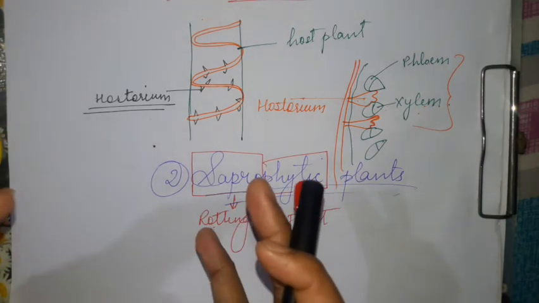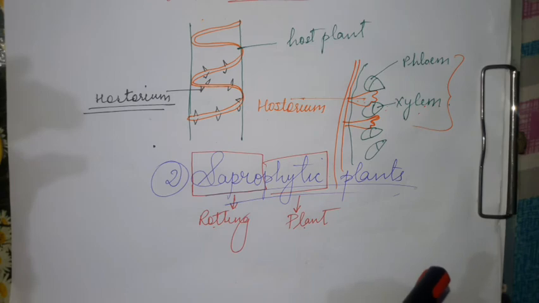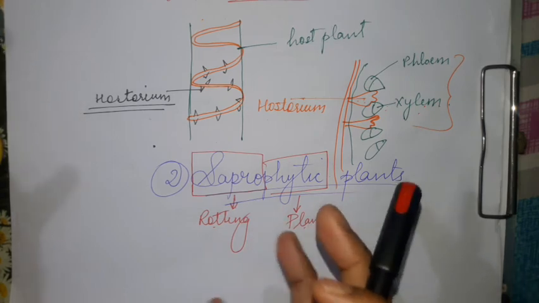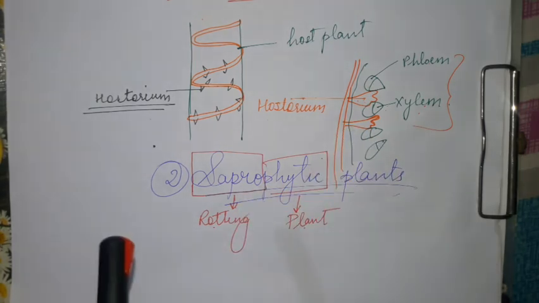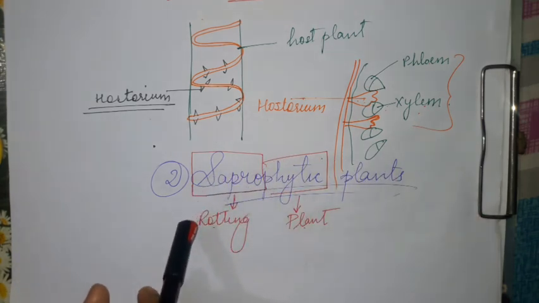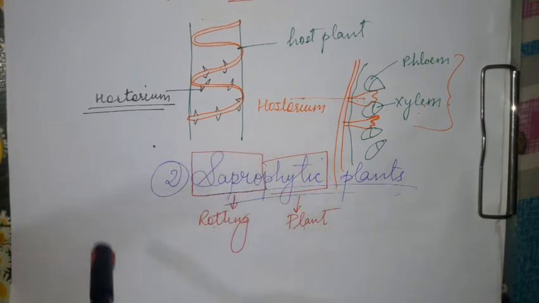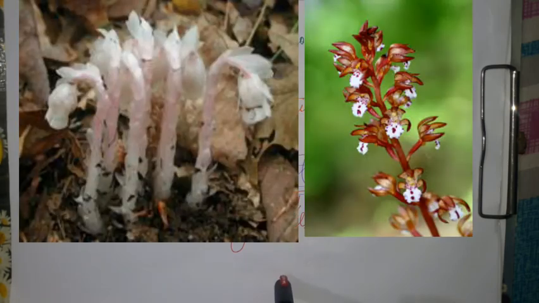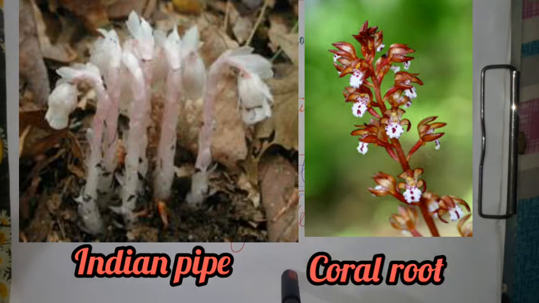Their colors are very beautiful, white, or sometimes very bright colors. These plants often have no leaves at all. Other than that, one more very important thing is that they often grow in deep shade in tropical forests. Those places where there is a lack of sunlight, they are basically found in that region, like tropical forests. Tropical forest means a very dense forest where the sunlight cannot penetrate to the surface of the forest. In those places, these kinds of saprophytic plants are found. Examples of these plants are Indian pipe and the second one is coral root. These are the two diagrams of them.